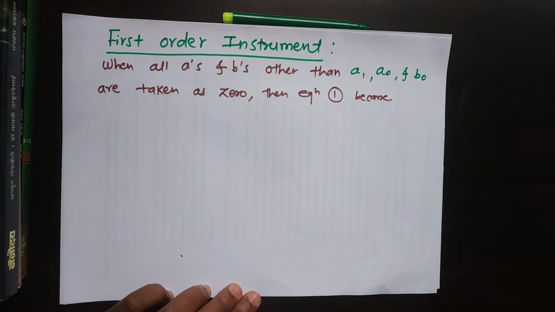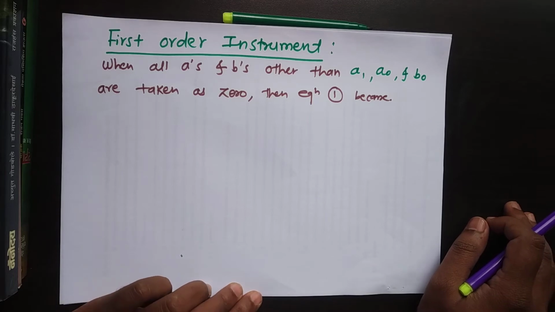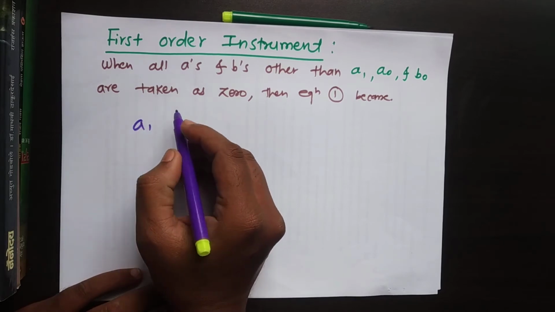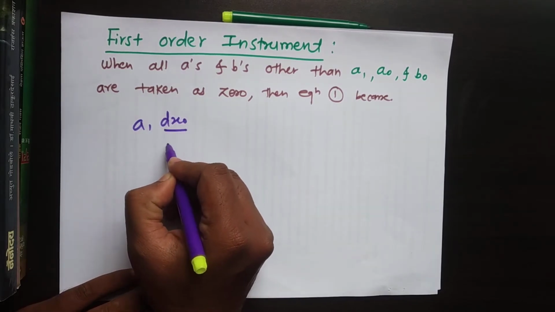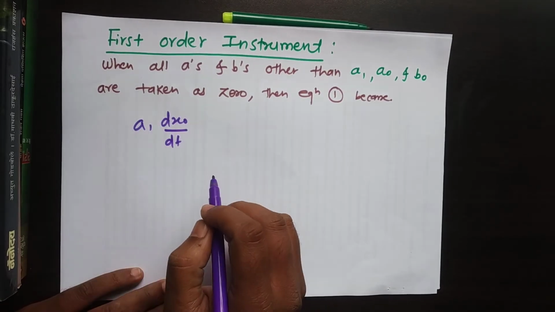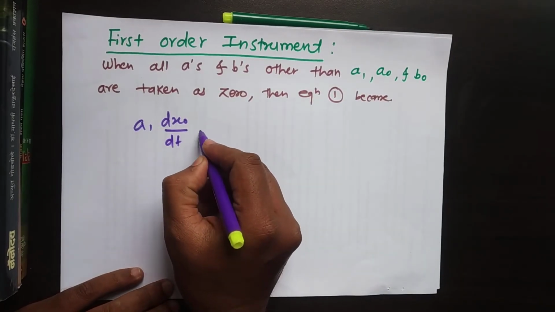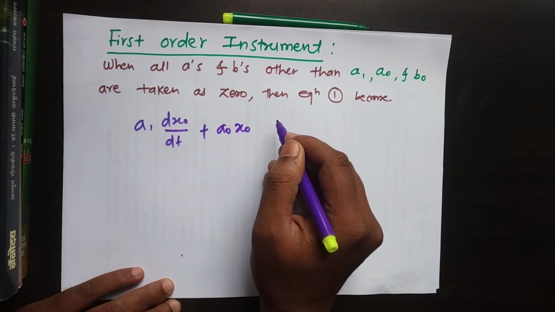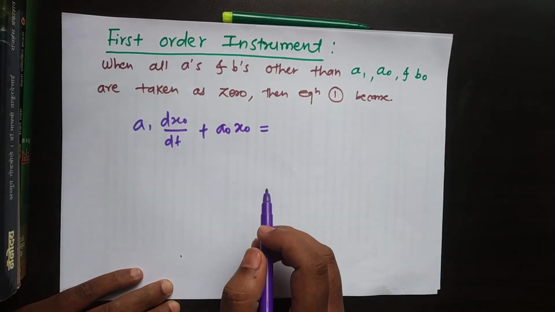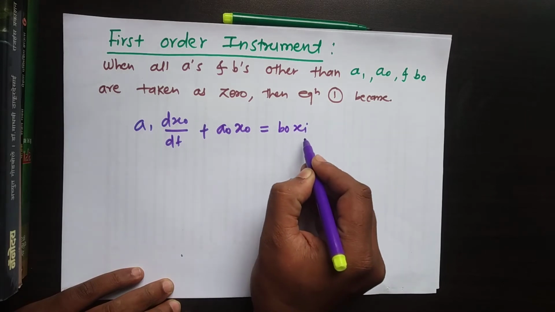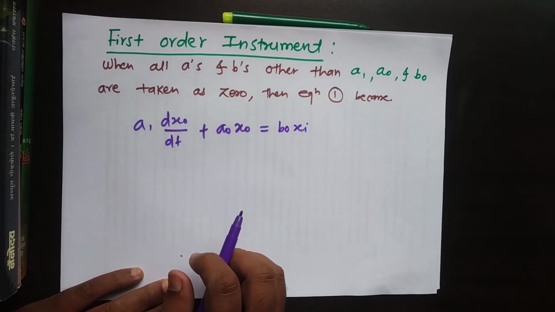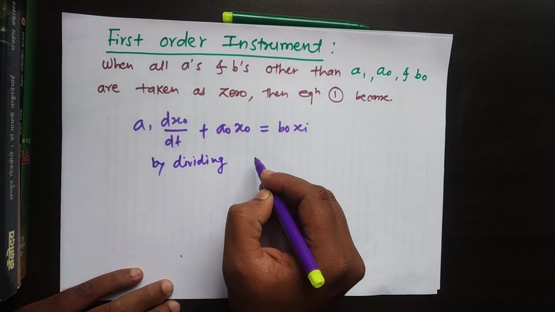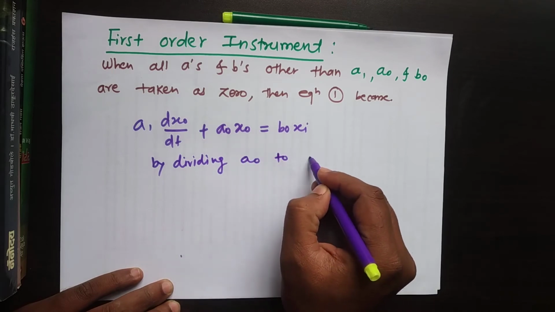After considering all these things, our previous generalized nth order differential equation 1 becomes a1 dx0 upon dt, which is the quantity related to a1, plus a0 x0, the quantity related to a0, equal to b0 xi, which is with respect to b0. Now by dividing the above equation by a0,